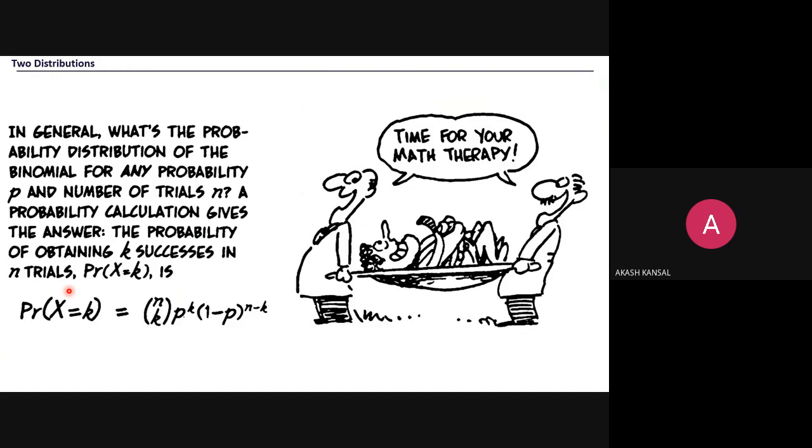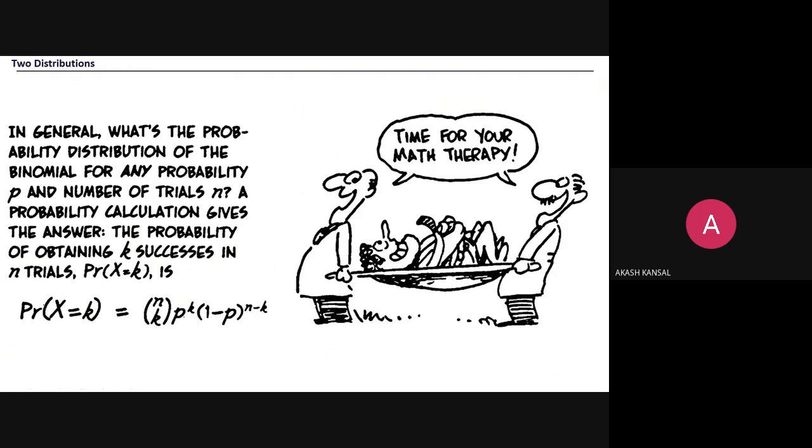So the probability is p of a success, and the number of trials that we are doing for this experiment is n, right? So the probability calculation will give the answer. How can we do it? Okay, let's look at the formula first. The probability of obtaining k successes in n trials is